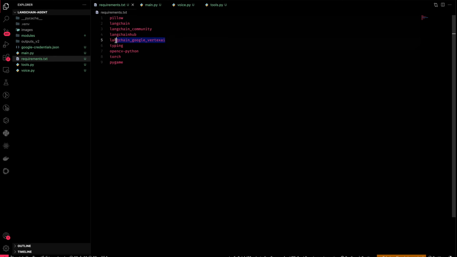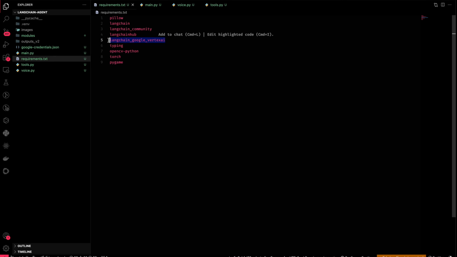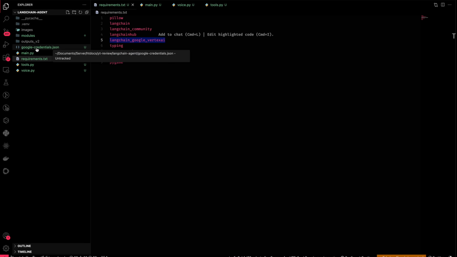But we are going to be using this explicitly, the Langchain Google Vertex AI. Now, the reason why we're actually using this one and not the, I think there's another one for Google chat models, but we're going to be using Vertex AI. And for you to be able to set it up, you need this credentials.json. It's named something else once you download it, but I just renamed my file to